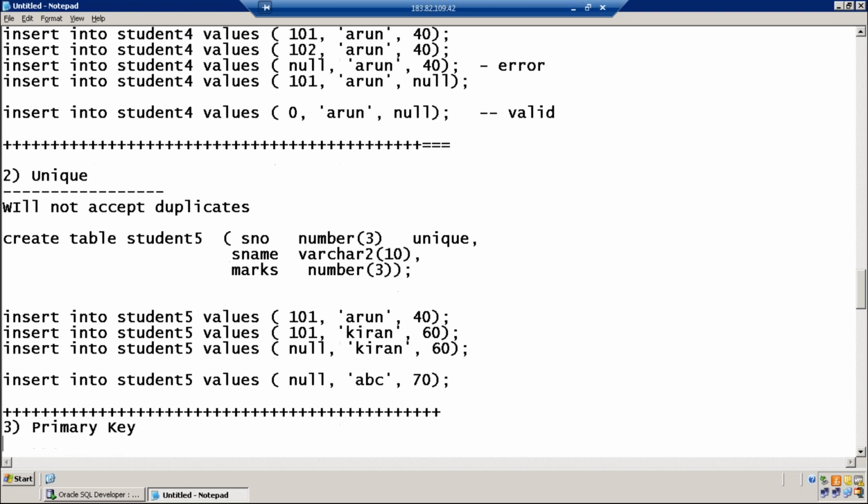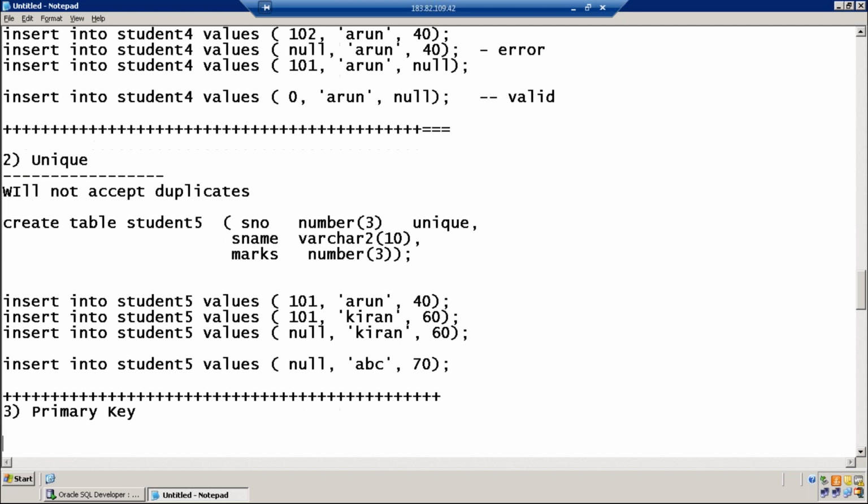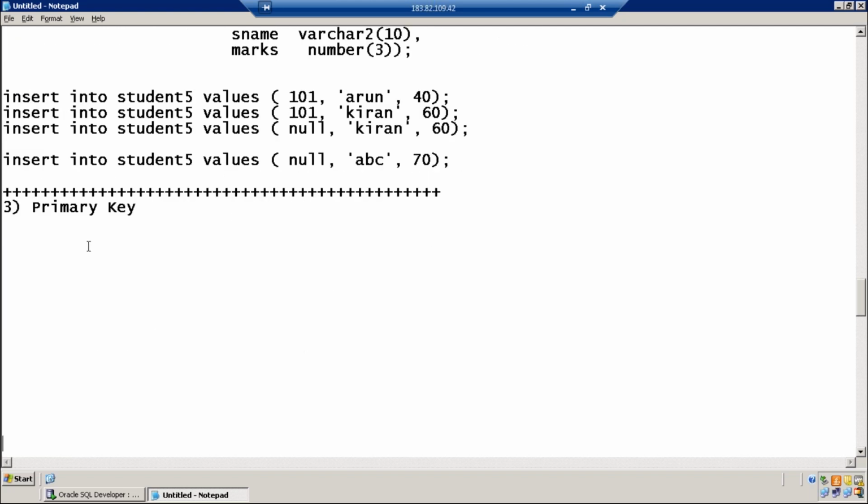Primary key. Important: it is a combination of not null and unique. Jamal, you requested both the constraints not null and unique. Yes, that is nothing but primary key.